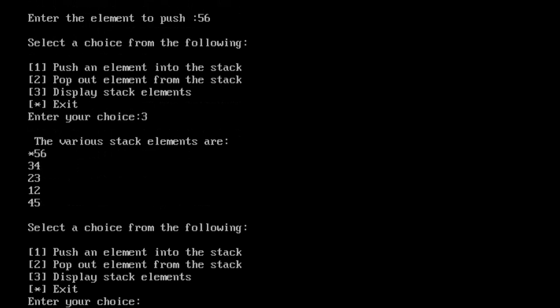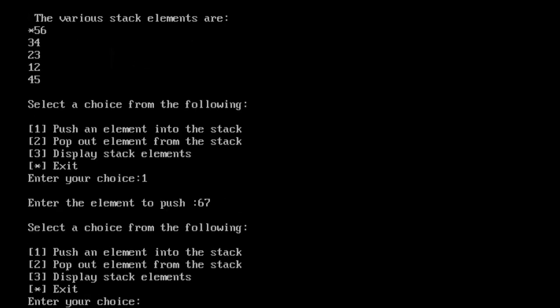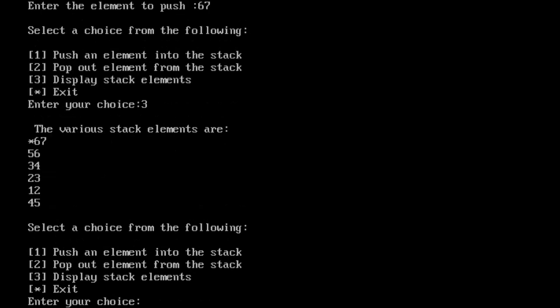The star means where top is present, so that's why the star is displaying. And 34, 23, 12, 45, yes, the same order. Now I insert one more, 67. Let us see whether it is inserted. Yes, 67 is on the top.